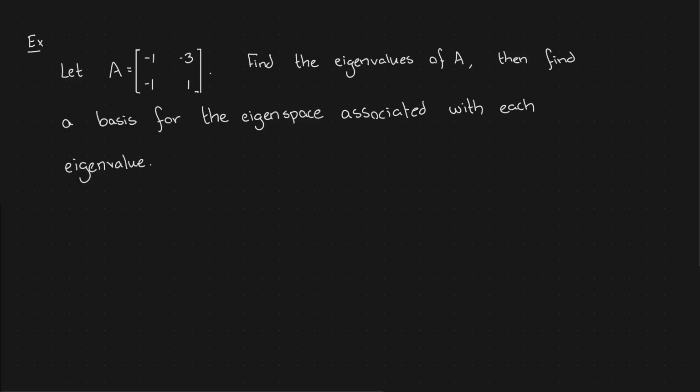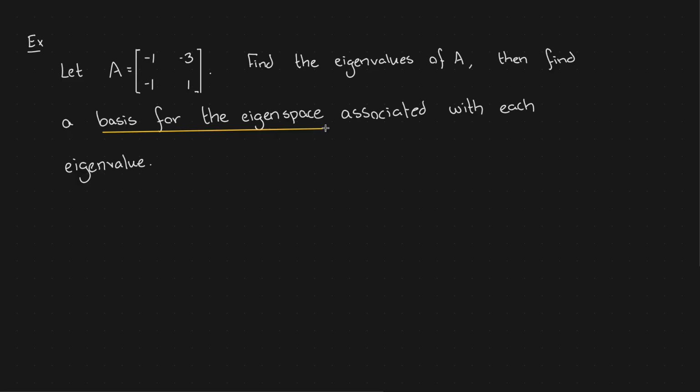Let's take a look at an example. It should clarify the process. All right, so we have a matrix A. It's a 2 by 2 matrix. We want to first find the eigenvalues of A. Then once we do, we want to take each one of those eigenvalues and find the basis for the eigenspace